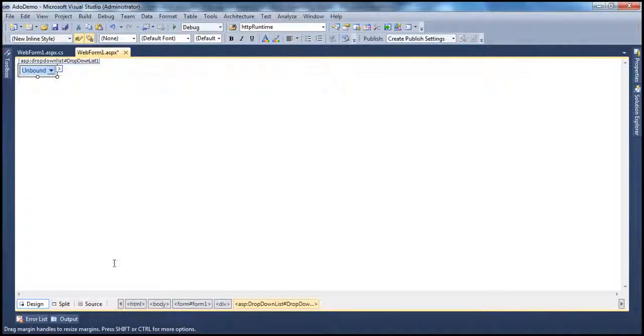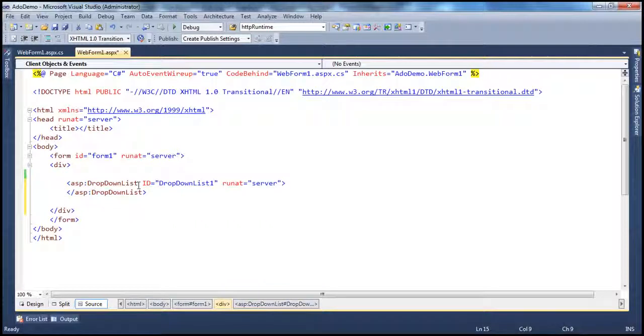We can do that at design time using the HTML source, or we can programmatically add list item objects in the code-behind file, or we can load the items from a database table and then add them to the drop-down list, or we can bind the drop-down list to an XML file. We have seen these different ways of adding list item objects in the previous sessions of this video series. For the purposes of this demo, we will add the list item objects at design time using the HTML